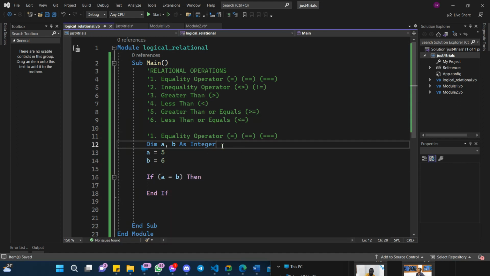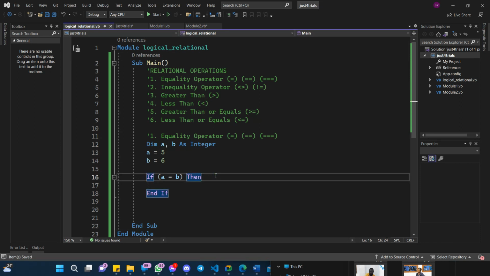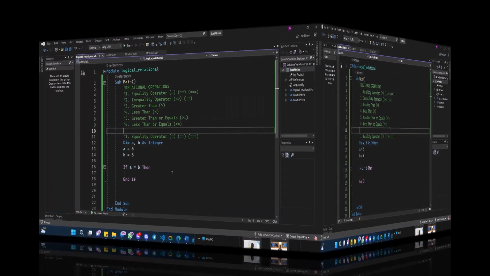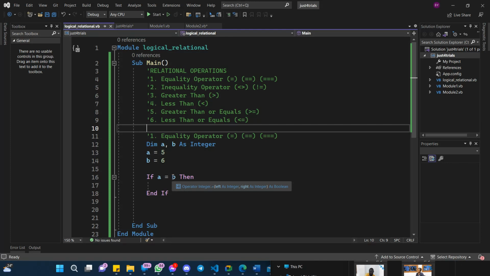You see, VB is not saying don't bring the bracket. It doesn't really care whether the bracket is there or not. If you remove the bracket, it has no problem either. That's what I'm trying to say. But if you go to programs like JavaScript, PHP,